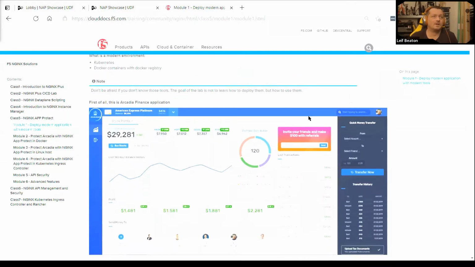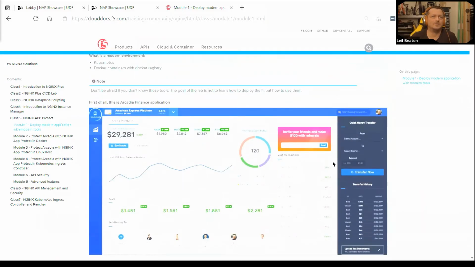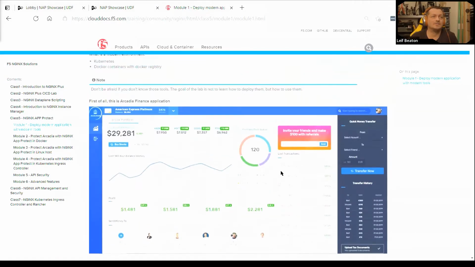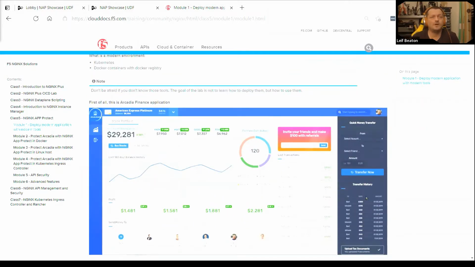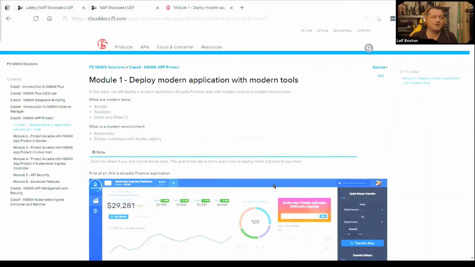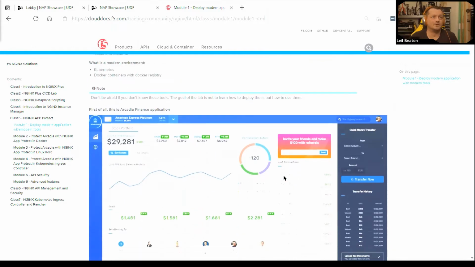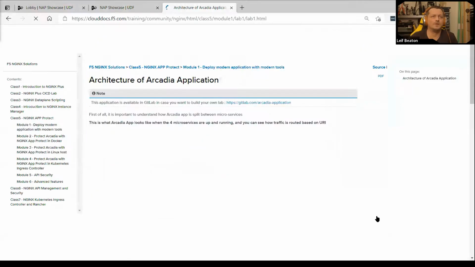So this is the Arcadia Finance application, the way it's supposed to look in our scenario. It consists of, as I said, 4 main services. The way we're going to spin it up is by utilizing Kubernetes tools, which in turn is using backend tools to spin them up. We don't really need to understand all of that. That's not the purpose of this workshop, but I'll briefly explain what we're doing as we're going through it.